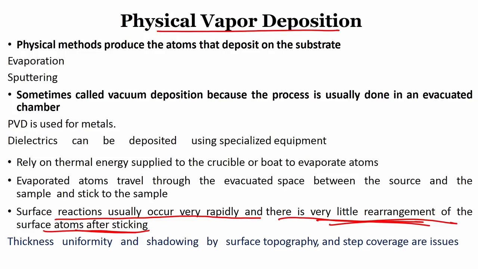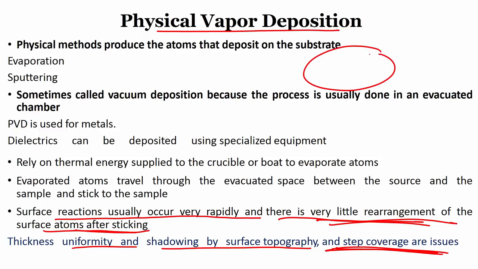All right. So surface reactions usually occur very rapidly, there is very little time for rearrangement of surface atoms after sticking. Thickness uniformity, shadowing by surface topography, and step coverage are issues. All right, three things: thickness uniformity. The uniformity across the substrate should be good, right, because it should not be